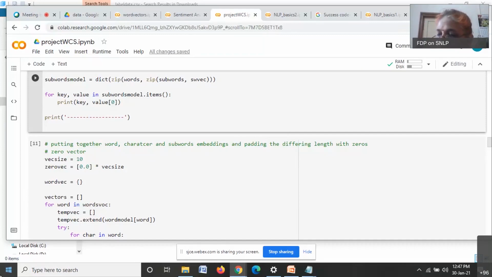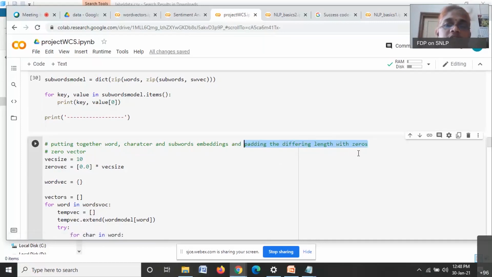Similarly, let us consider the word support. This is 100 for the word vector. In BMTC there are 4 characters, but in support there are 6 characters, and you have to consider P twice. So 6 into 10 comes to 60. Plus, let us assume that there are 3 subwords, which is 30. So we'll have 190. In the first case, the word vector size comes to 160, and in the second case, it comes to 190. So what is the difference? How do we take care of that difference? That difference can be taken care of by padding the differing length with zeros.